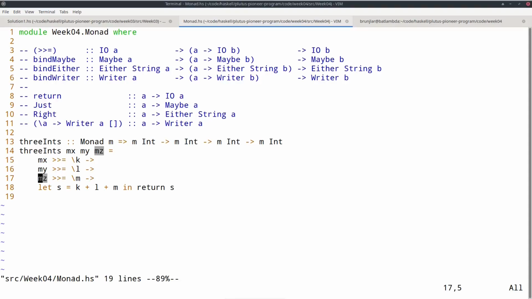Again, in the case of failure, the logic is that if the first computation fails, the whole thing fails. In the case of logging, of writer, the logic is that you simply combine the individual lists of log messages to a long concatenated list of log messages. So each monad comes with its own semicolon, basically its own bind that tells you how to combine two computations.